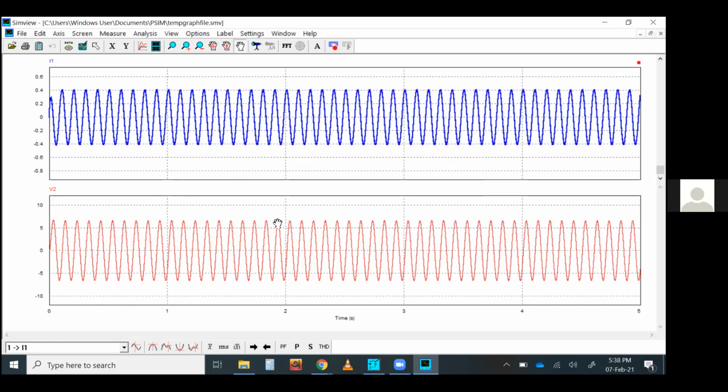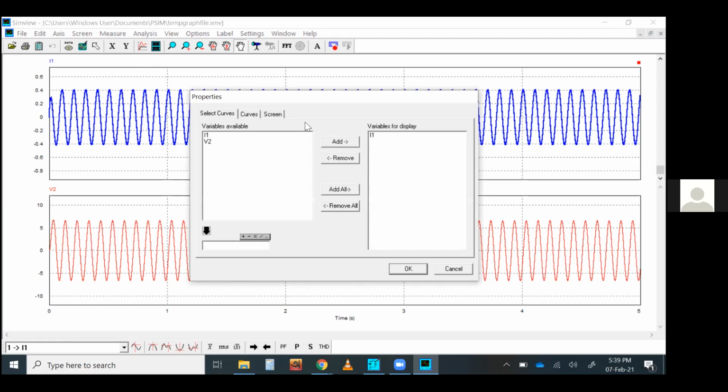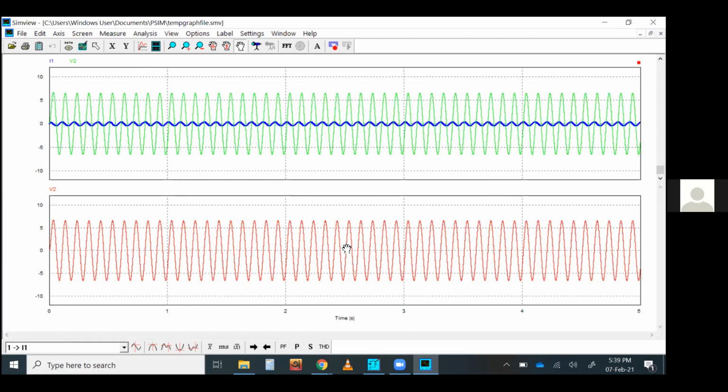That's all. Now say, for example, I want to see the current and voltage in the same figure. You want to see dual signal in the same figure. How can you do this? You just simply click this figure, select it, and this is the icon where you can add another curve. From here you can see I1 is already there because you have selected this I1 curve. Now you want to add V2. Add V2, that will give you two signals on the same platform, both I1 and V2. Both signals you can see from here.